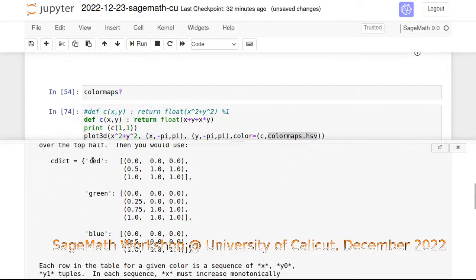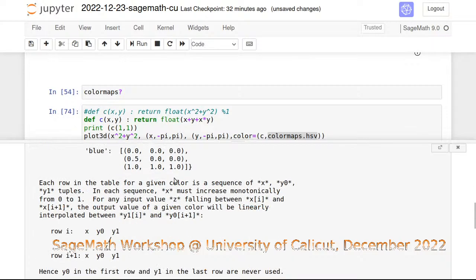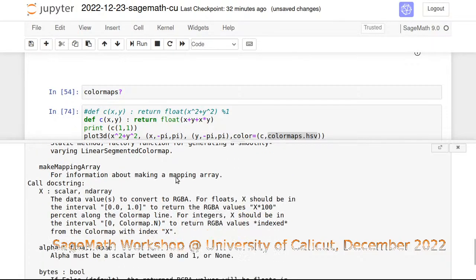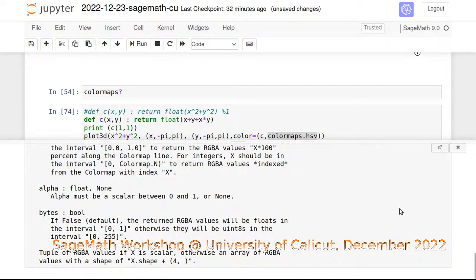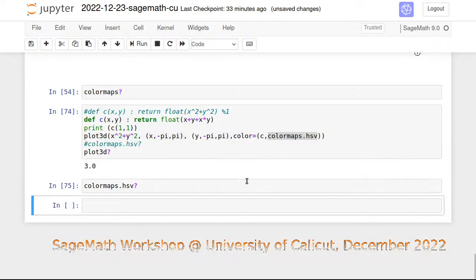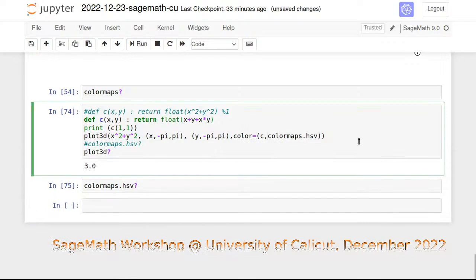So we can specify CDICT. So it works. That's the only thing we can understand from this. So if we take the documentation and the example from that,